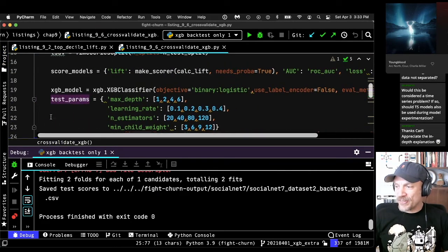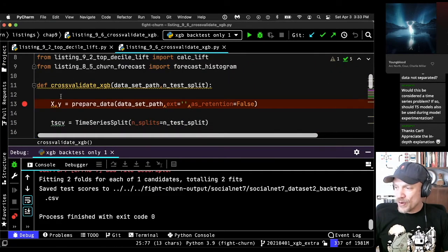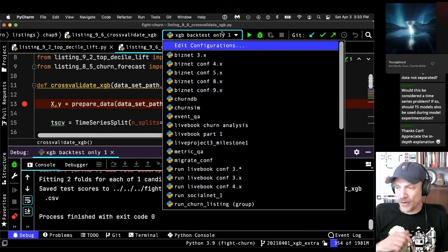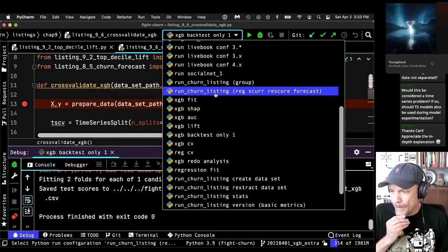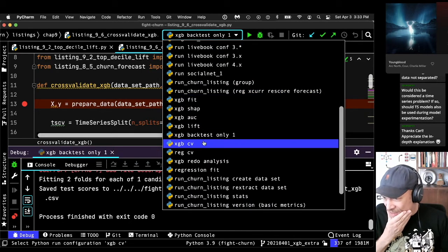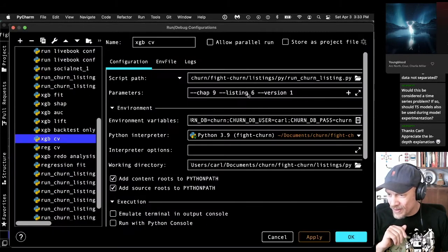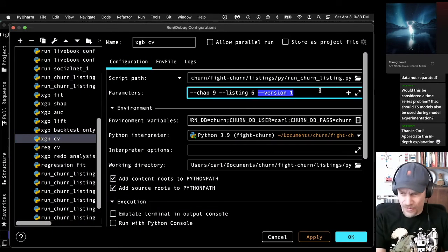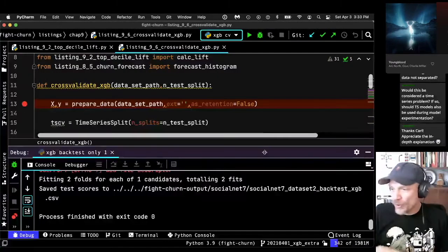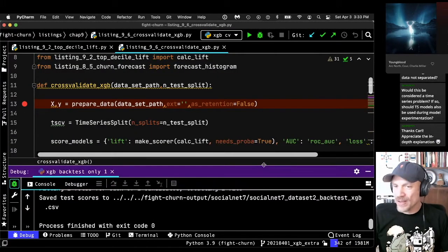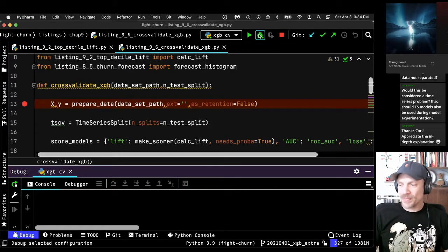You're going to see some stuff in common here with the backtesting, but some differences. So let's see. This says it's the XGBoost cross-validation. I'm just checking. Actually, there's two versions. I want to do the regular one. We'll do that other version later. All right, so now we'll go into the code for XGBoost cross-validation.